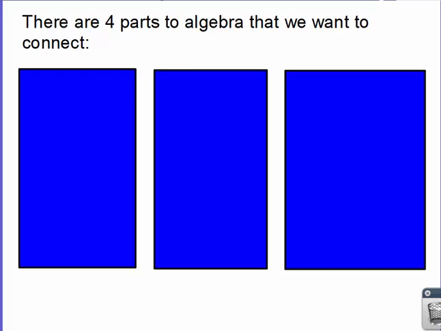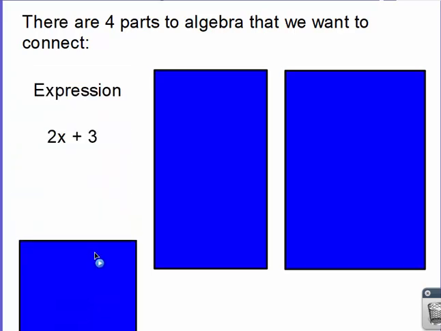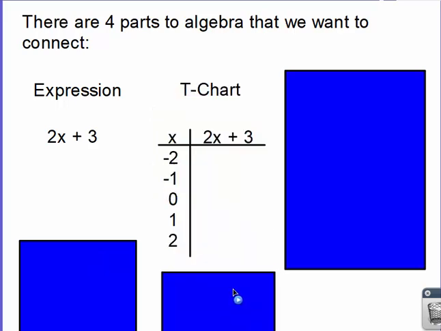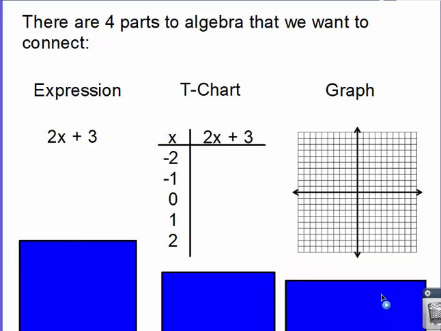What we've looked at so far is we've had an expression and we've been able to evaluate this expression for given values. We've also been able to evaluate this expression using a t-chart where we have several different values. And we've learned that if I evaluate this t-chart, it creates a set of coordinates that allows me to create a picture of that expression on a graph. So today what we need to do is we need to learn the fourth part, and that is to create